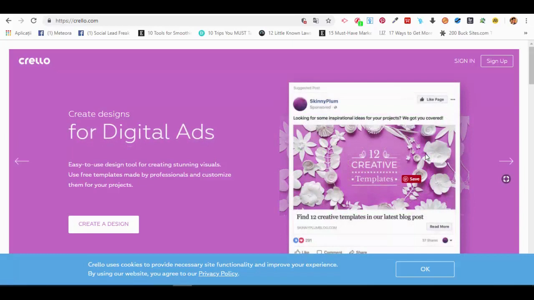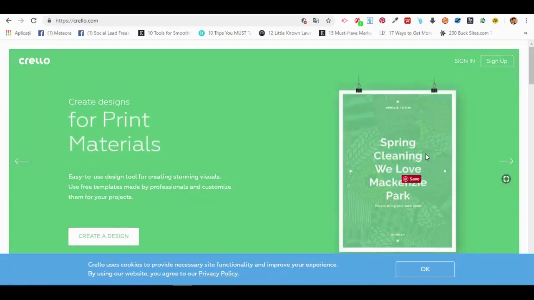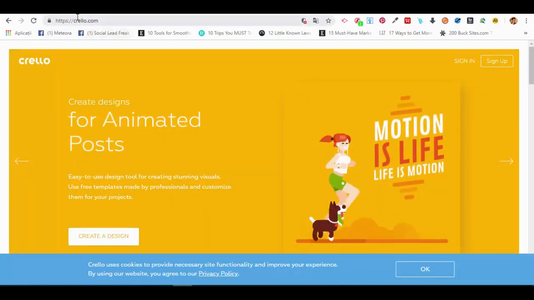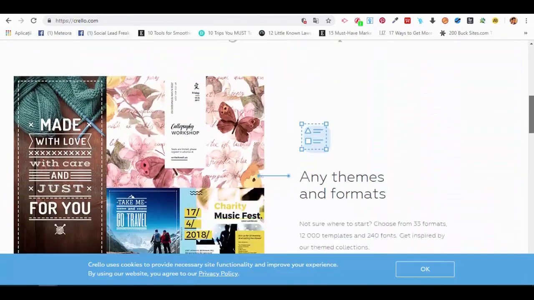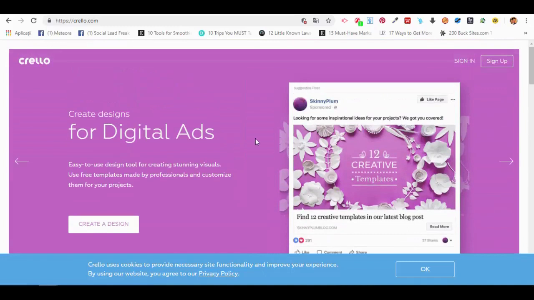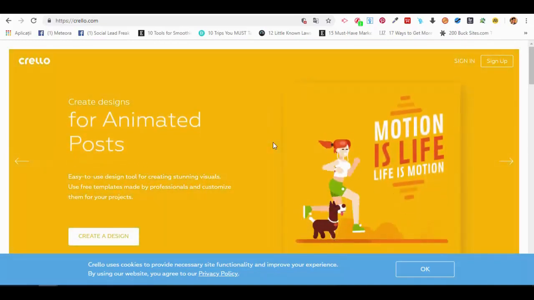So, as we have previously stated, Crello is a free online cloud-based application. You can access it at the website that you can see here in our browser. And on the main page, this is what you should be seeing. There is some information related to Crello. They will tell you in this slider here about the type of graphics that you